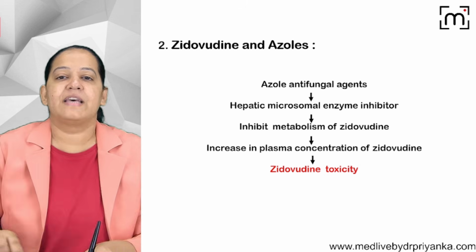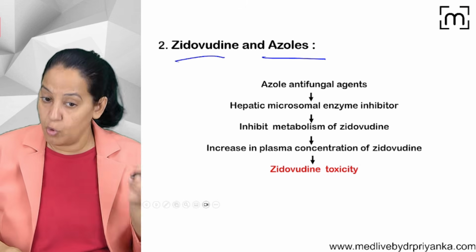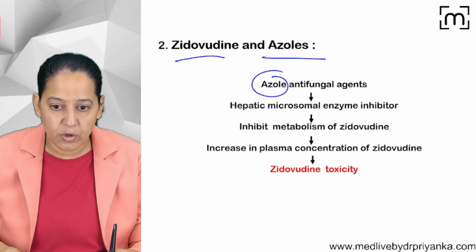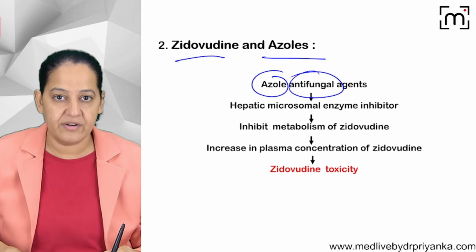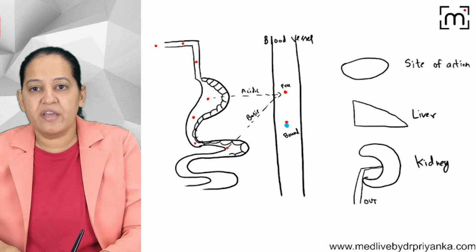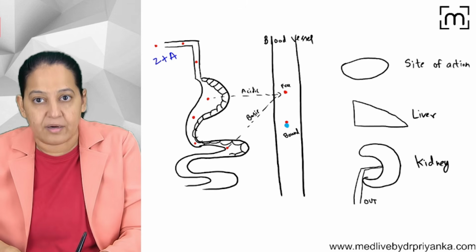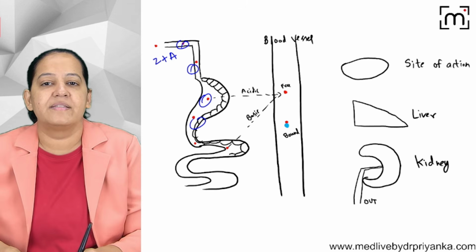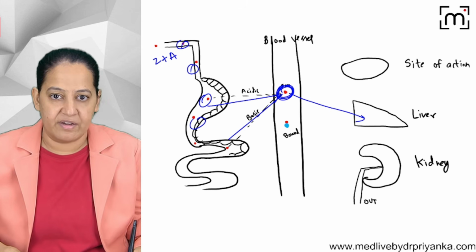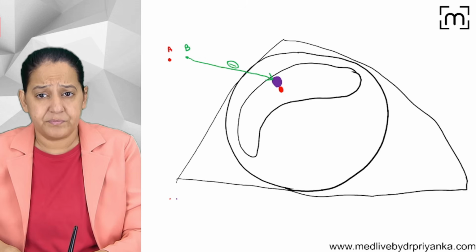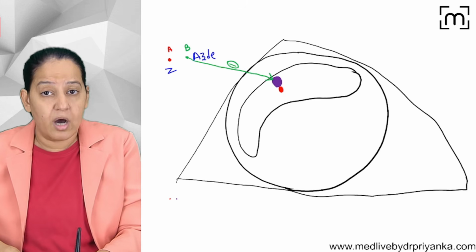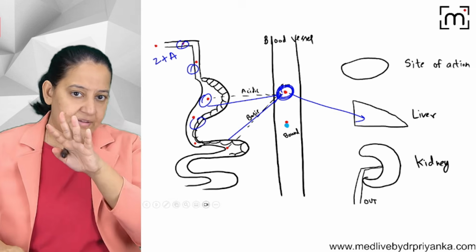The second is Zidovudine, never give it with azoles. Don't give Zidovudine with azoles. Why? Because azoles, you know what are azoles? I taught you, they are antifungal drugs. Azoles are antifungal drugs. They are enzyme inhibitors, CYP3A4 enzyme inhibitors. So if you are giving Zidovudine and azoles together, both will get absorbed and reach the blood. From the blood, they will go in the liver. Suppose this is Zidovudine and this is azole. Both enter inside the liver, but